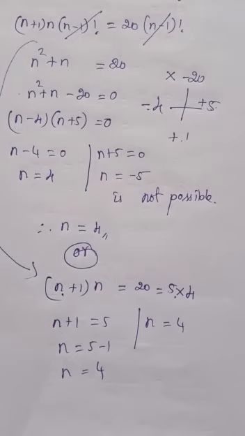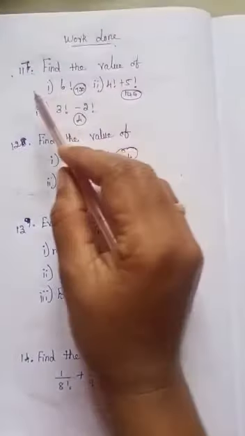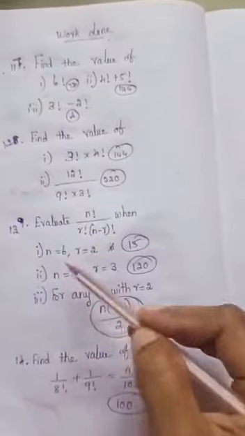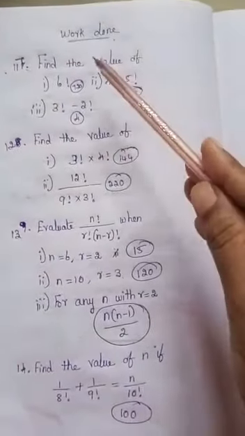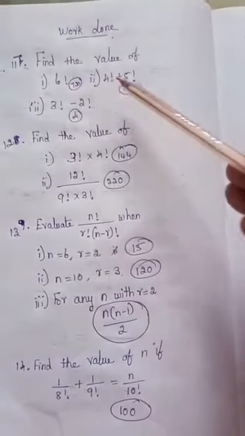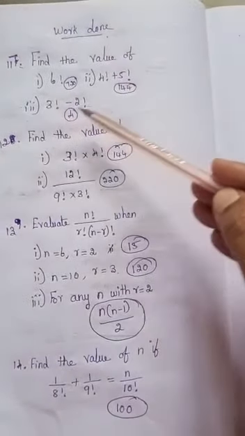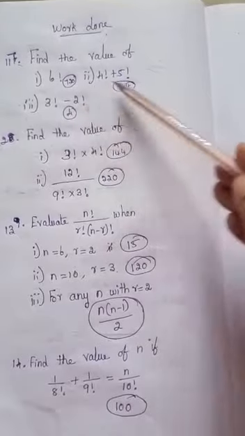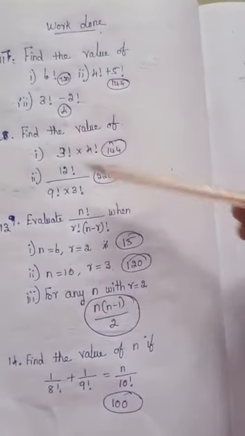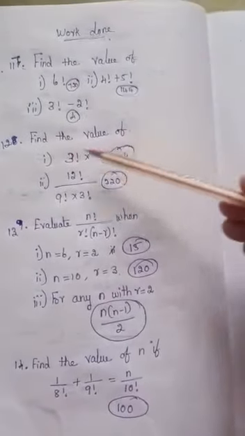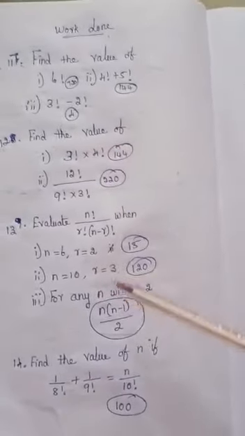Okay. Now we are going to the work done part. See, work done part. Problem number 11, 12, 13, 14. 4 problems I have given. Find the value of 6 factorial, 4 factorial plus 5 factorial, 3 factorial minus 2 factorial. See, all the answers I have given. So this 12th problem also the same way. 13th also we